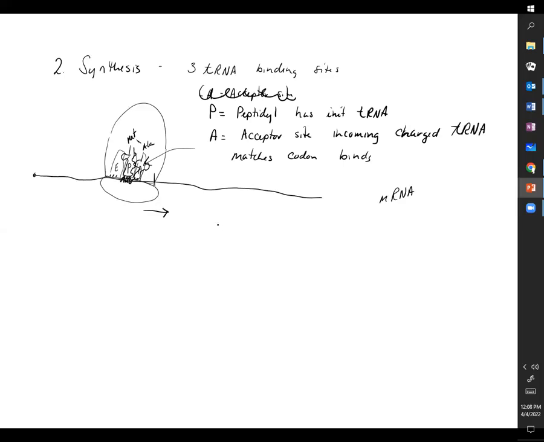So a peptide bond forms between the amino acids in the P site and the A site. Now that's a covalent bond. Remember the bond? We formed a peptide bond in the last lecture. It's a covalent bond, so it doesn't occur by magic. It's catalyzed. And so this is actually catalyzed by